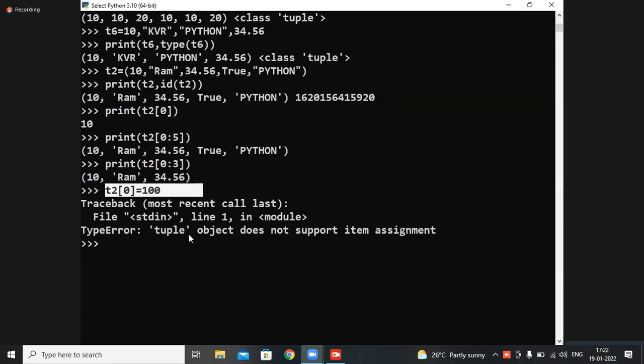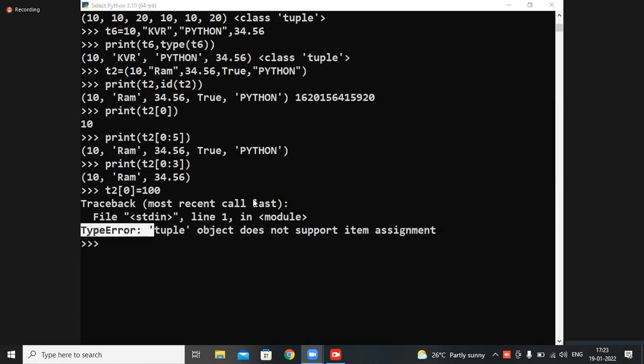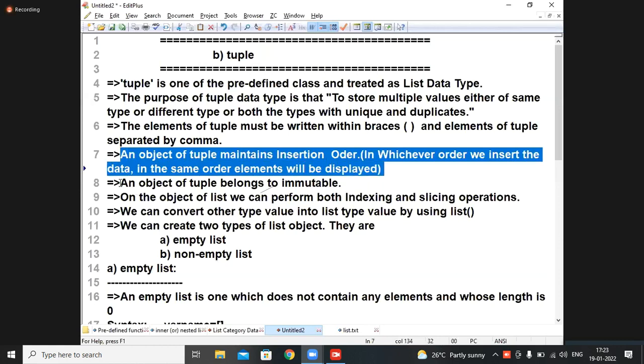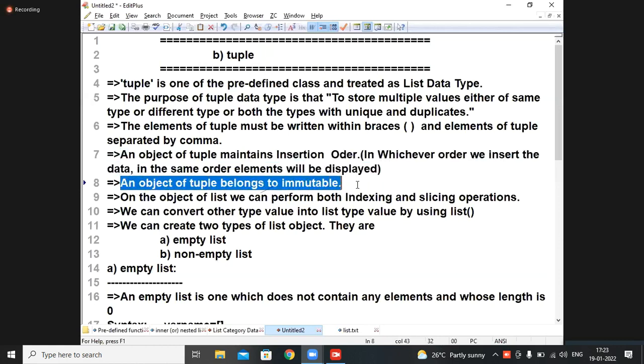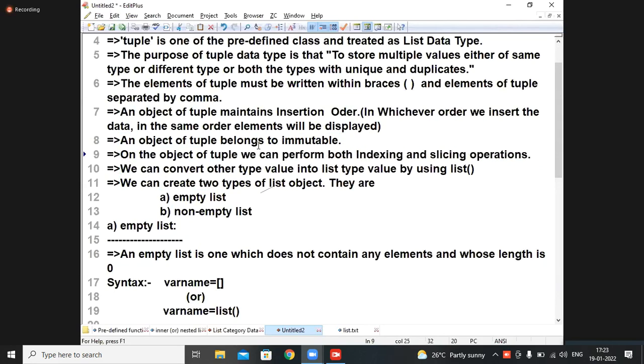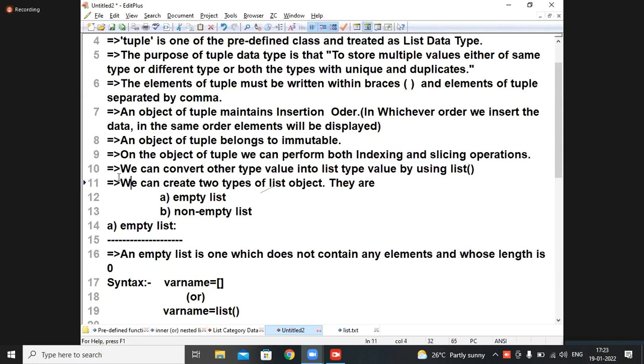Coming back to the point: tuple object does not support item assignment. That is a type error. Next, the continuation. An object of tuple belongs to immutable. On the object of tuple, we can perform indexing and slicing. Yes, we have seen that. Next, we can